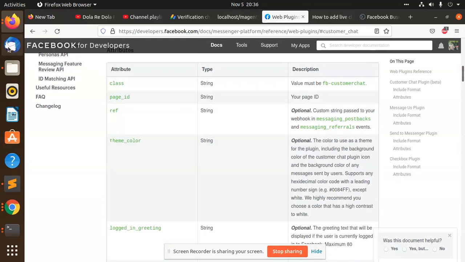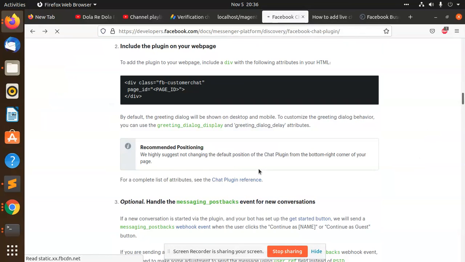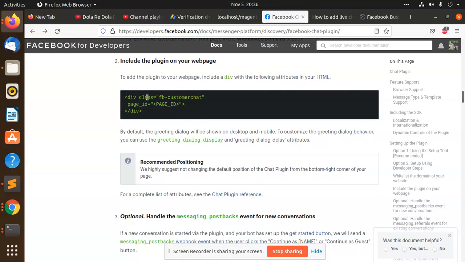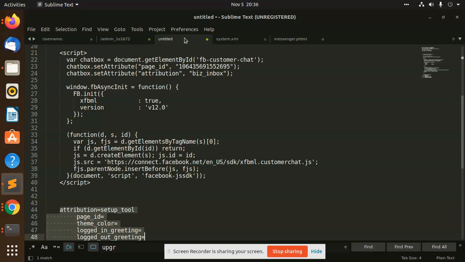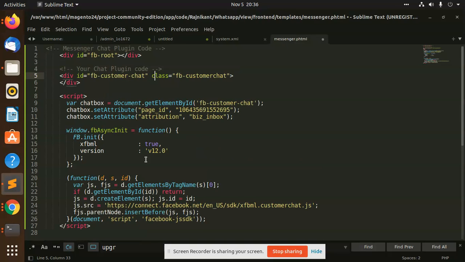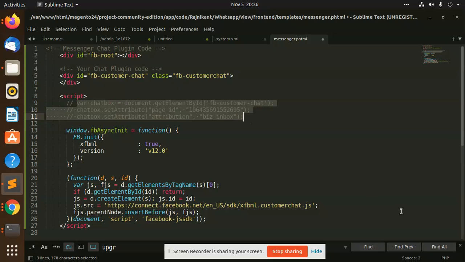So if we go back, here we can add the div class fb page id, and close the div. So in the messenger.html, let's remove this attribution. For now, let's comment this in the script.